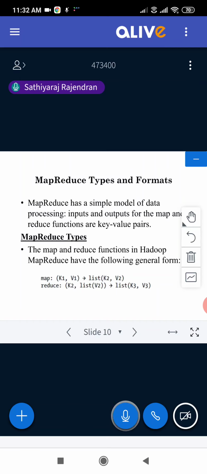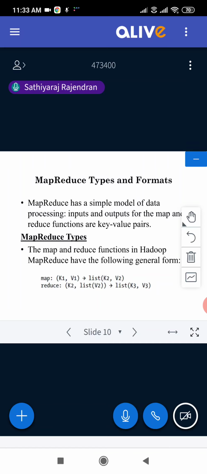And the last part of the module for us is map reduce types and formats. See, map reduce types and formats does not mean we are going to talk about the types of map reduce. Map reduce basically we talk about MR1, MR2. That's all. The types means what the input types and output types are, what different formats you can use as input into your system, and what output formats you are expected to get from your system. That is map reduce types and formats.